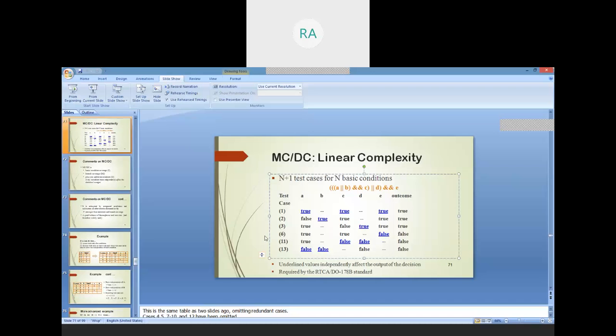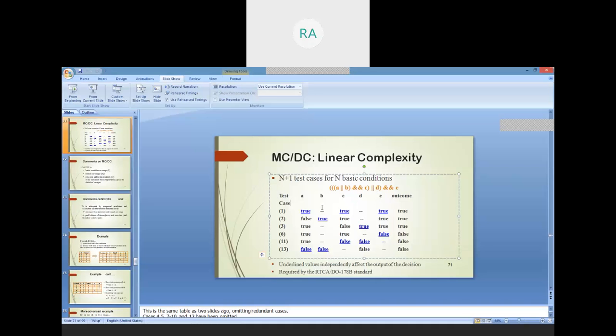Whenever you go for MCDC, consider only the important combinations of the condition that will independently impact the outcome. Let me explain the first test case, wherein the value for A is true, B is don't care, C is true, D is don't care, and E is true. What is the outcome I am going to get? It is true